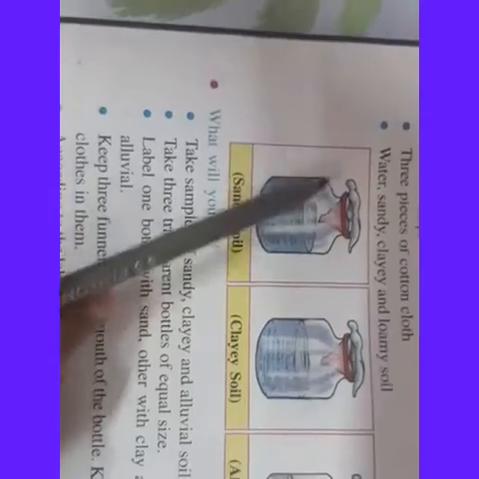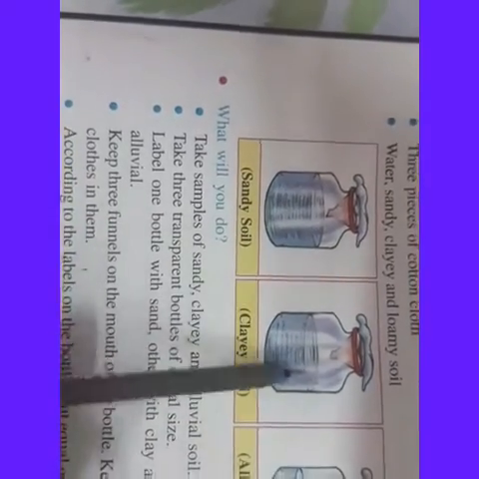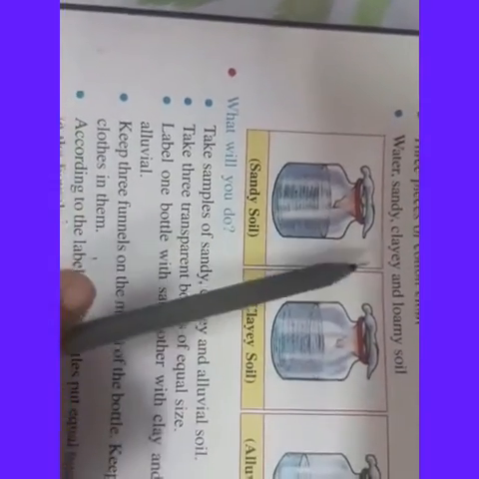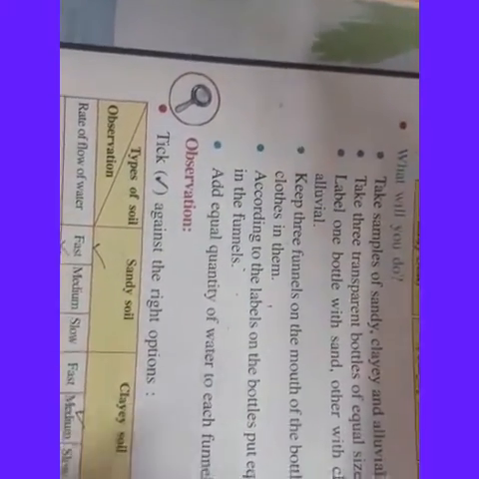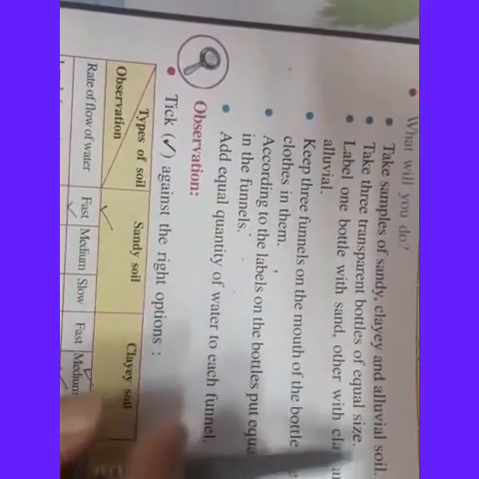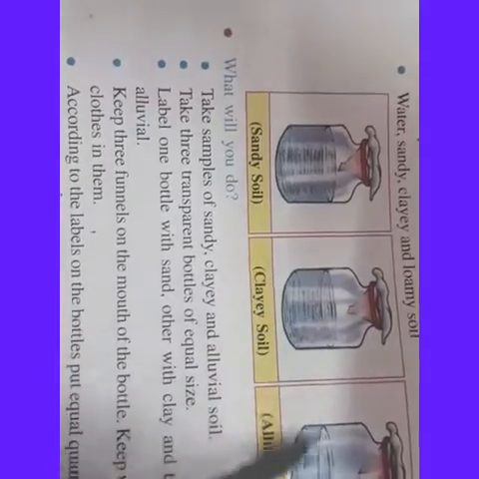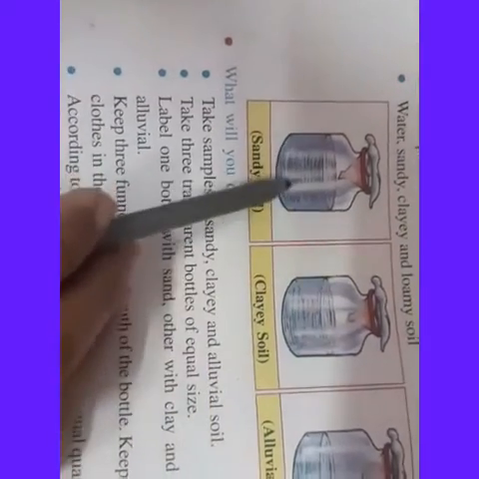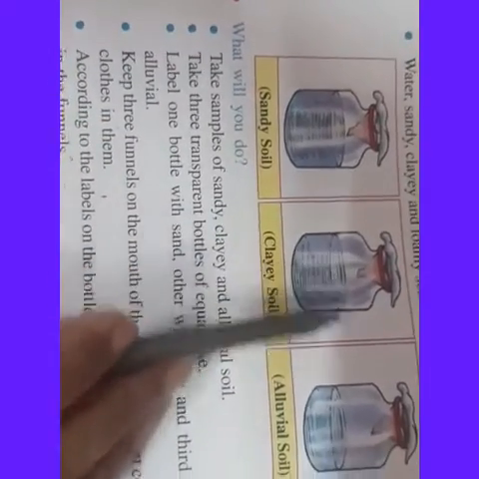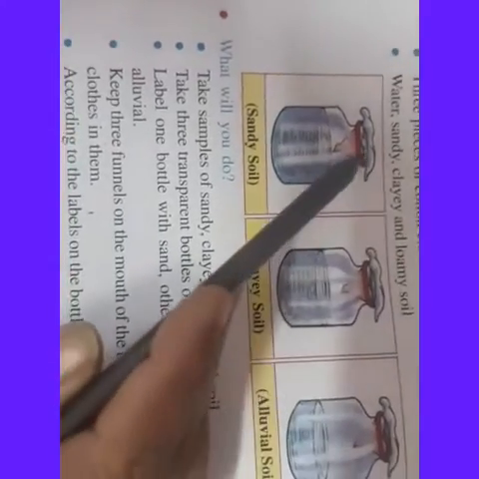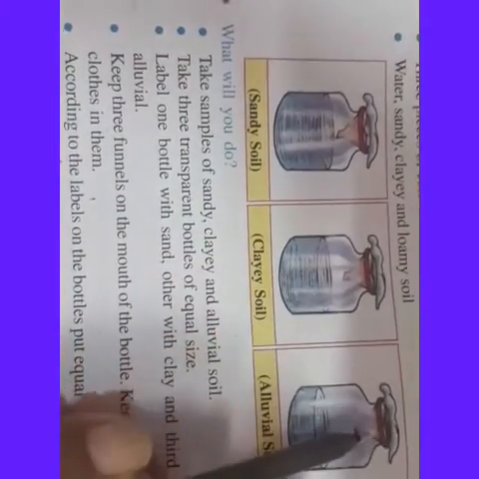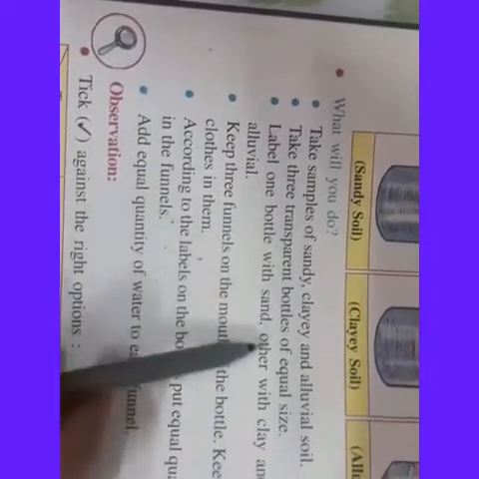थोड़ा सा पानी चाहिए. 3 glass bottles are there. 3 cotton cloths are there and 3 funnels that are required. Now what you have to do is take samples of sandy, clay and alluvial soil. मतलब तीनों सॉइल का सैंपल लीजिए और एक एक बॉटल में उसको रखिए और लेबल दीजिए as sandy soil, clay soil and alluvial soil. सबके ऊपर एक एक फनल रखिए